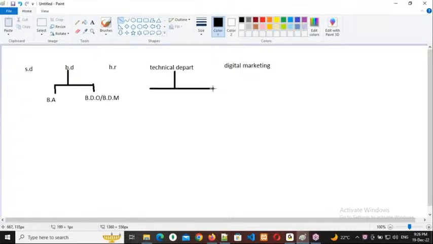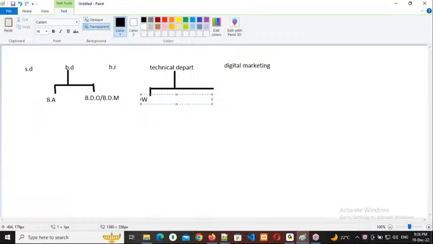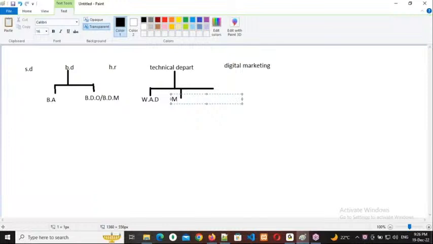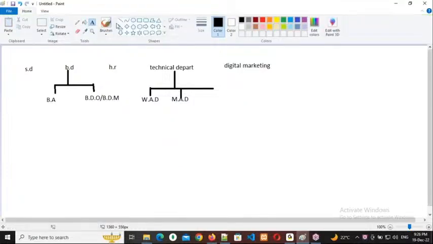There will be multiple. One is WAD, Web Application Development. Another one is MAD. That means not mad people. Mobile Application Development. And then after,